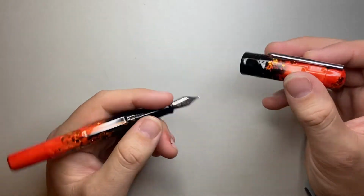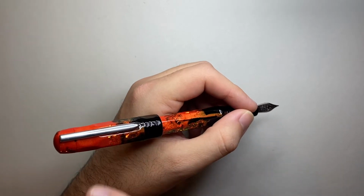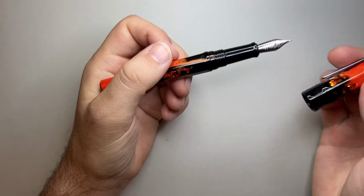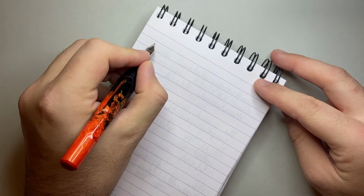So when you do post it, you put a decent amount of the pen's weight onto the back of the pen, and with it being quite long, that's where the balance does tend to sit in a lightweight resin pen. Let's do a writing sample now. On Clairefontaine 90 gram paper, we have the Benu